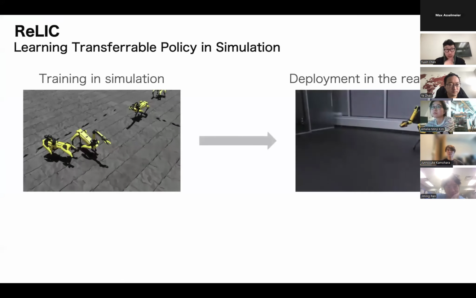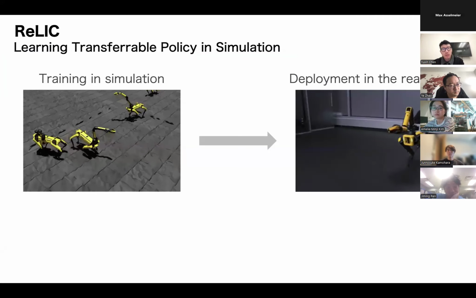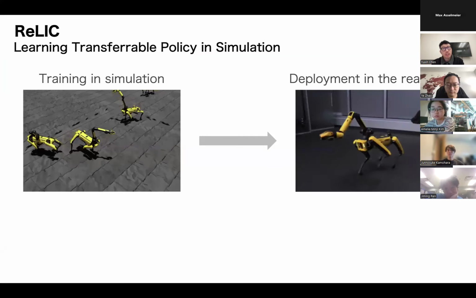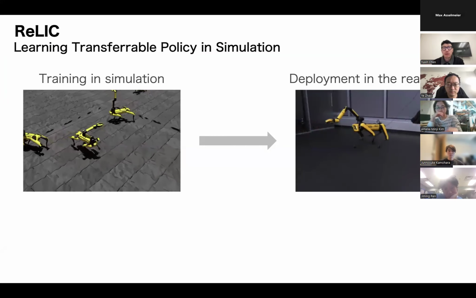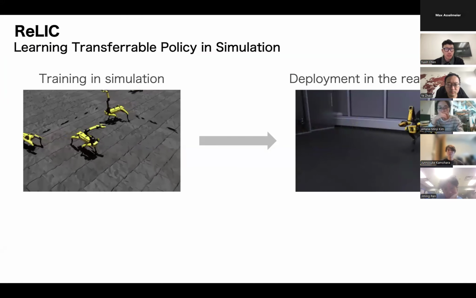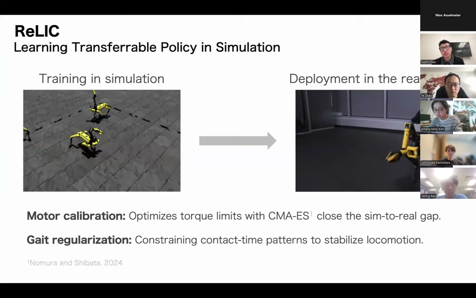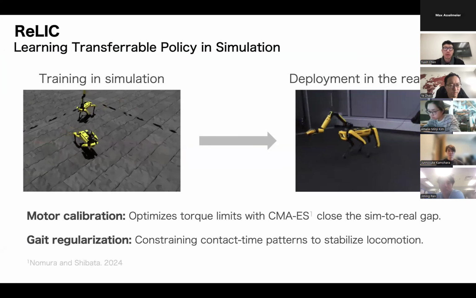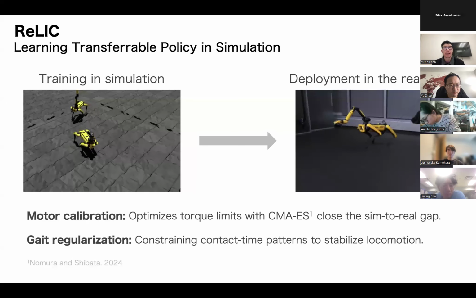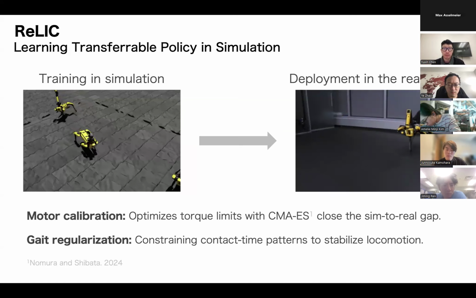Okay. So how do we train this low-level policy? We train this in Isaac Gym and then deploy on the real robots. So there's a huge sim-to-real gap in this case. How do we bridge the gap? We do two tricks. One is the motor calibration. We try to find the physical properties of the motors, especially in the high torque regions, because in the high torque region, the motor response is not that linear.